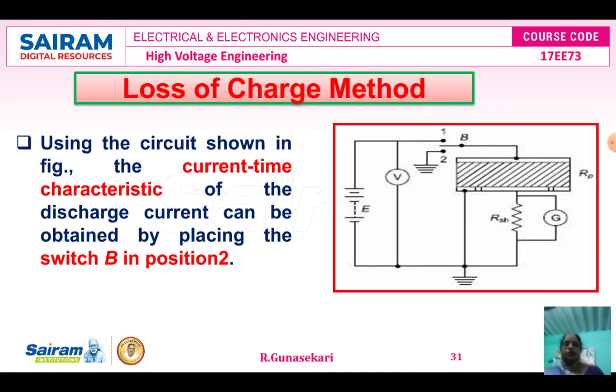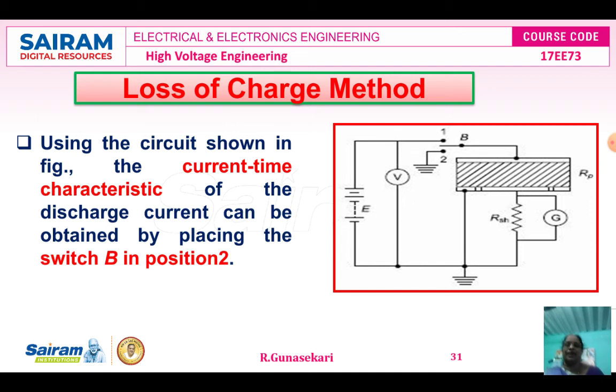Now you see the circuit diagram. This circuit diagram is just the galvanometer arrangement. That is the measuring circuit only. This circuit consists of the DC stabilized power supply capital E. The range is 500 to 2000 volts. The voltmeter is used for measuring the supply voltage, and the switch B has two positions, 1 and 2. The 2 should be earthed, and then the universal shunt is connected with the measuring circuits, and then Rp represents the specimen, and then G is the